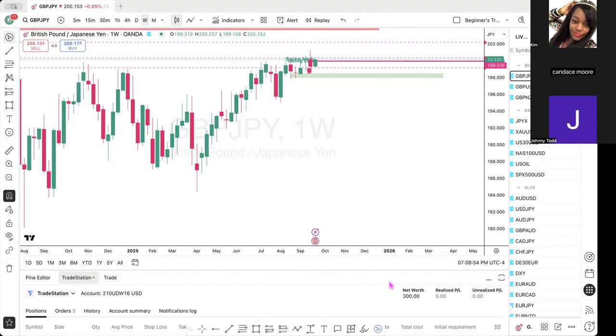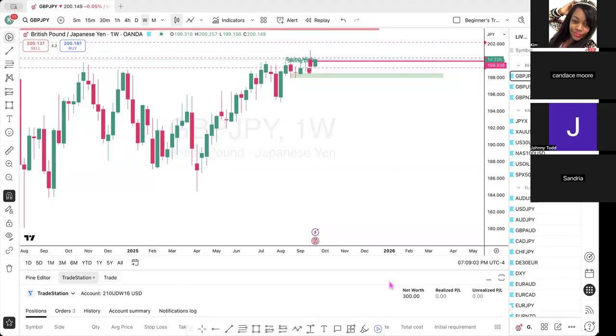One of the things, as I was just mentioning, is that how I trade is very mechanical. It's very mechanical. My strategy is based off of market structure and price action, or just market structure. Let's just say market structure. And what that means to me is that the market moves in waves.